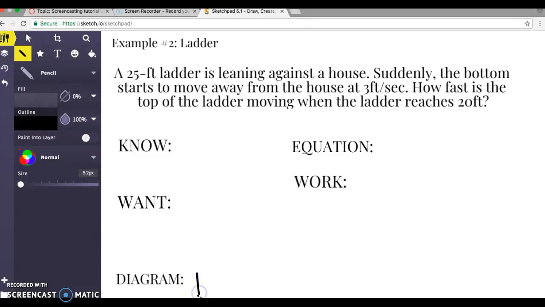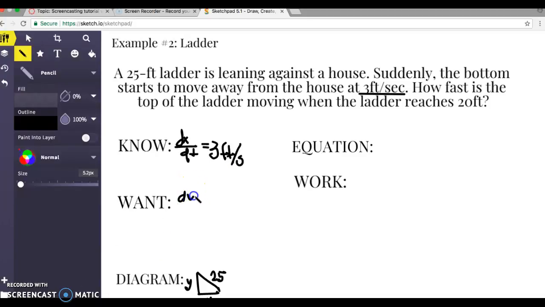So here's the house and the ground, and there's the ladder. They give us that the ladder is 25 feet, and I'm just going to put some random variables here, y and x. All right. Okay, so we know that dx dt is 3 feet per second. Dx over dt equals 3 feet per second. And we want to find dy dt,